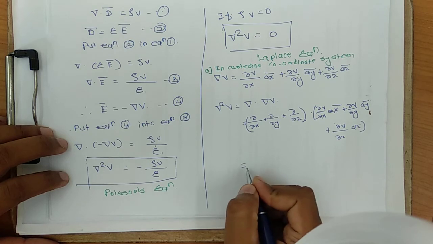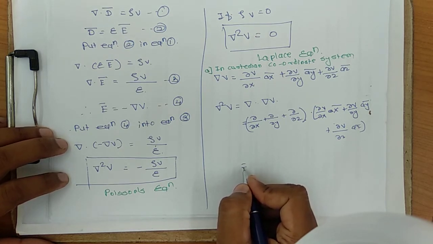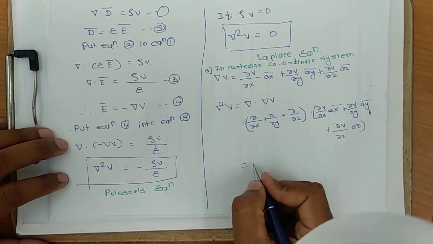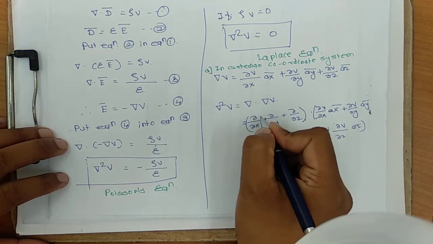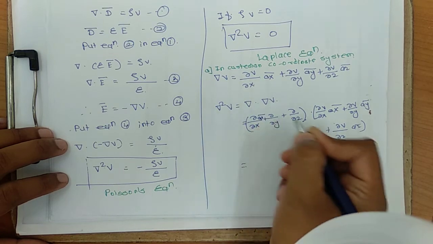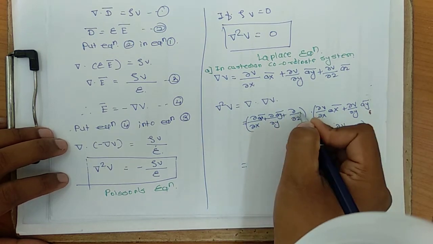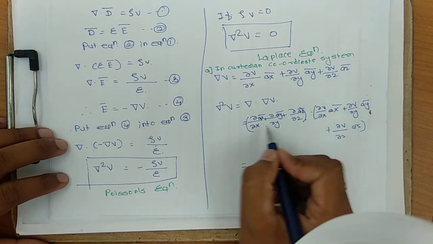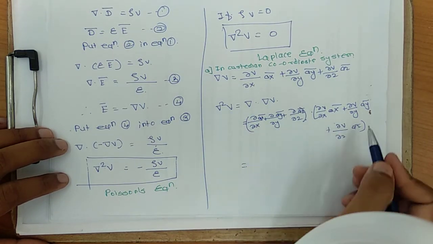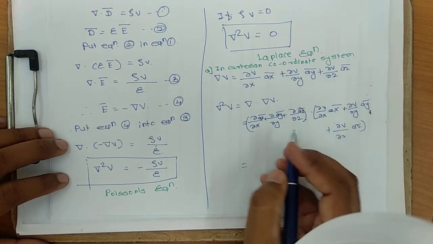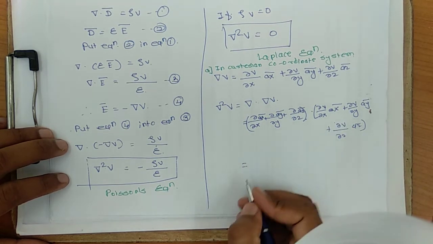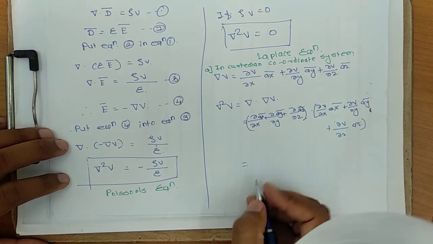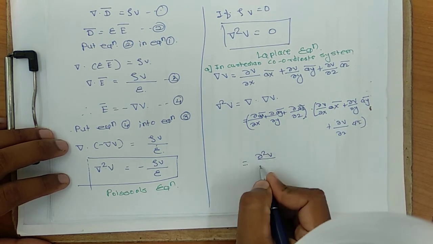Now we have to represent that. I forgot the unit vectors ax bar, ay bar and az bar here. Okay, so now ax bar dot ax bar is only 1, otherwise if you multiply ax bar with ay bar or az bar, it will be 0. So ax bar gives only 1, and ∂/∂x into ∂v/∂x is ∂²v/∂x².